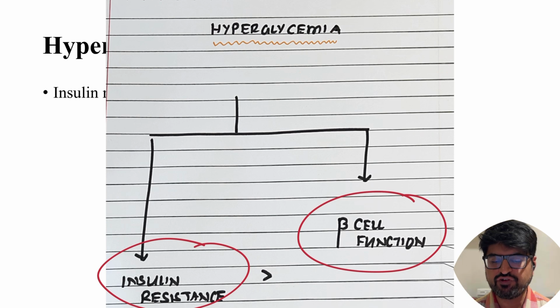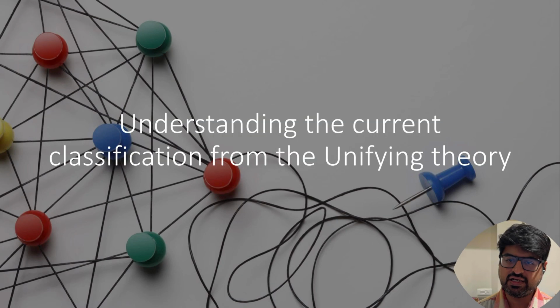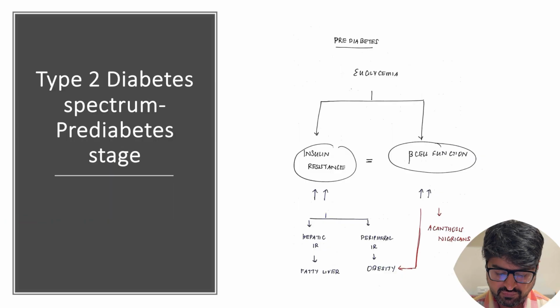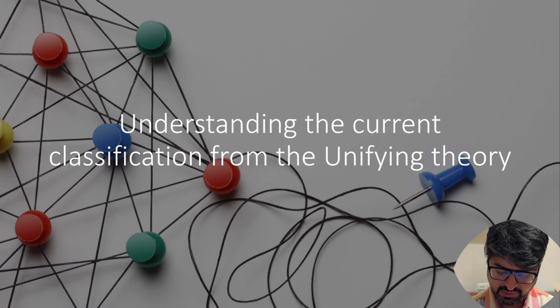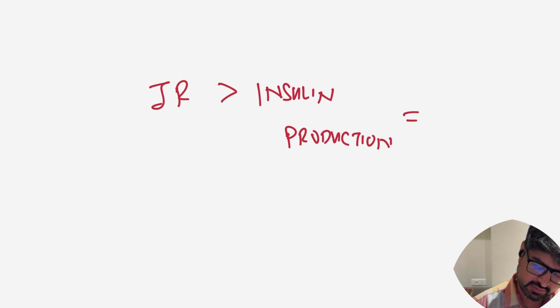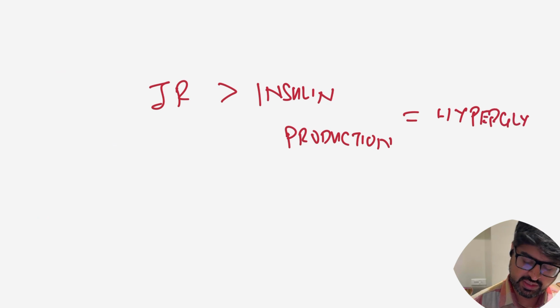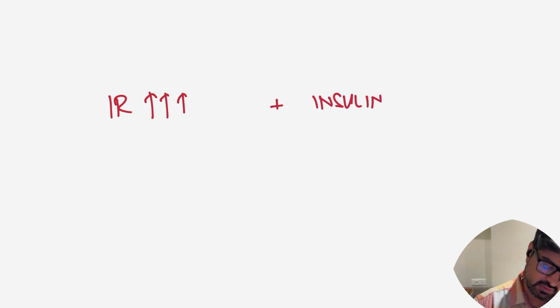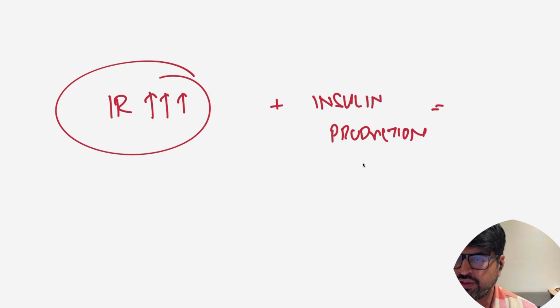Now, it could happen in 3 different scenarios. If you understand the current classification of diabetes based on this unifying theory, we have 3 broad perspectives. Let me first deal with that and then we'll deal with the individual diseases. So there are 3 possibilities. When insulin resistance is more than insulin production, that is what leads to hyperglycemia. Here a couple of things can happen. One, the insulin resistance is very, very high and insulin production is normal. Naturally, this will also lead to